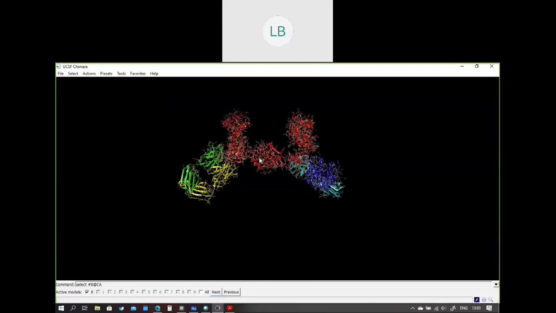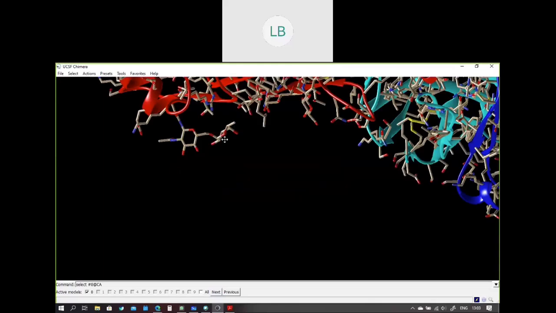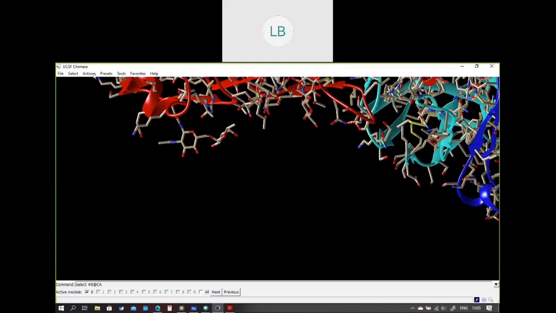I'll do the same thing: Actions, atoms or bonds, and press hide. Now it will hide everything. If I'm not interested in this cartoon style and just want to look at the C alpha atoms of the protein, I can go to Actions, then atoms or only chains.